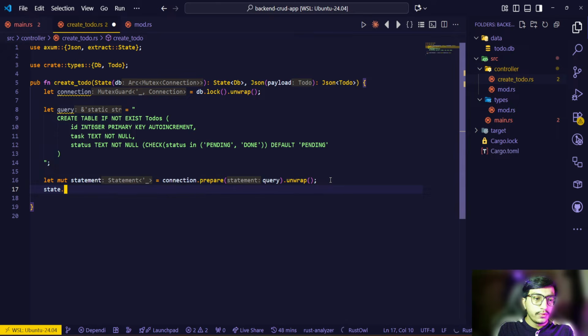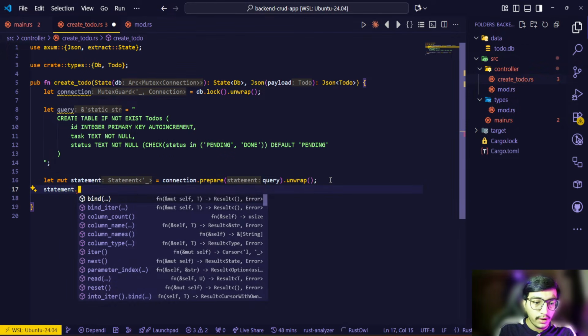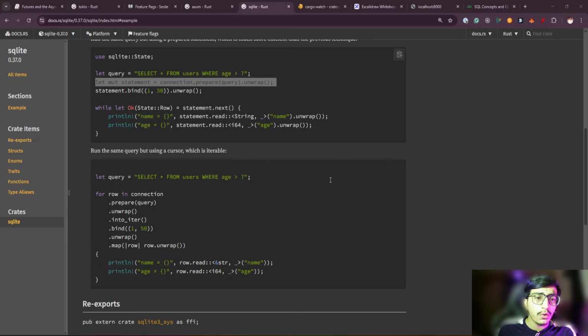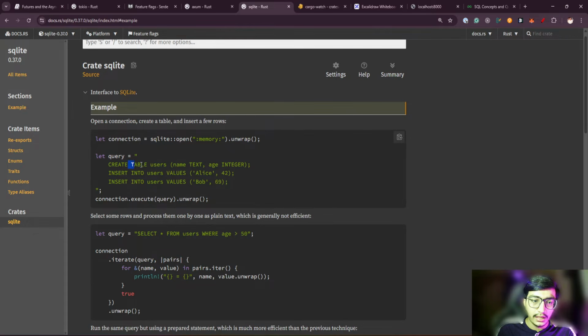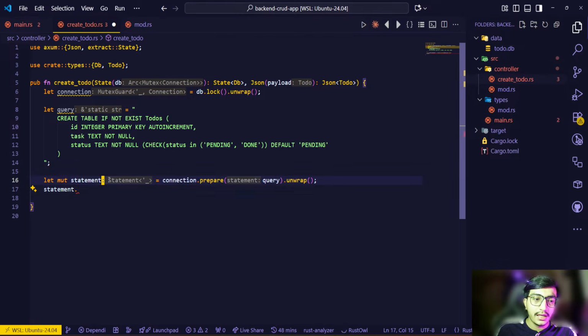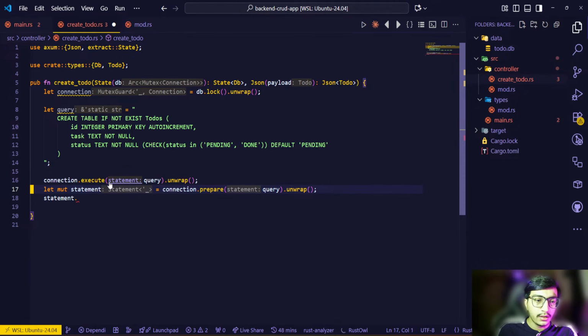And as you know, we have to store statement dot, and after that we have different things like bind and one more thing. So now it's selecting and storing the data, if it is, yeah, create table, insert, and then it's saying to execute this. First, let's just execute this command